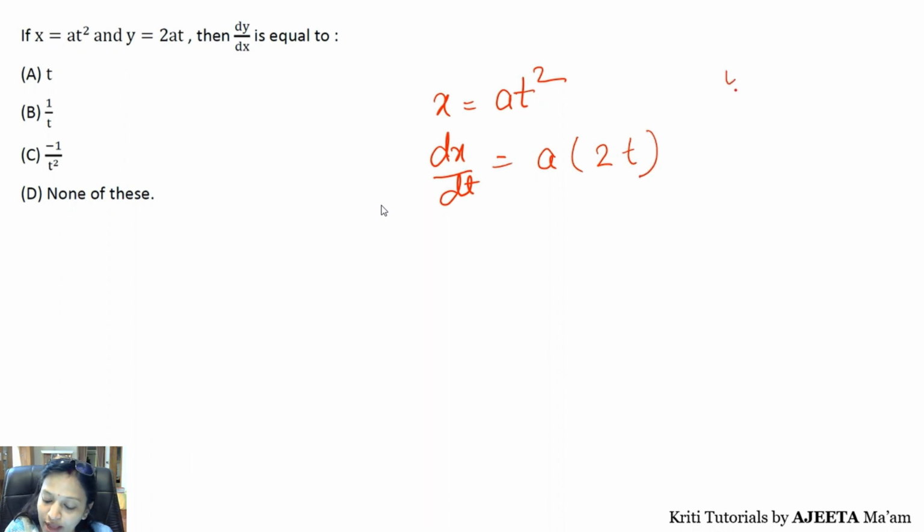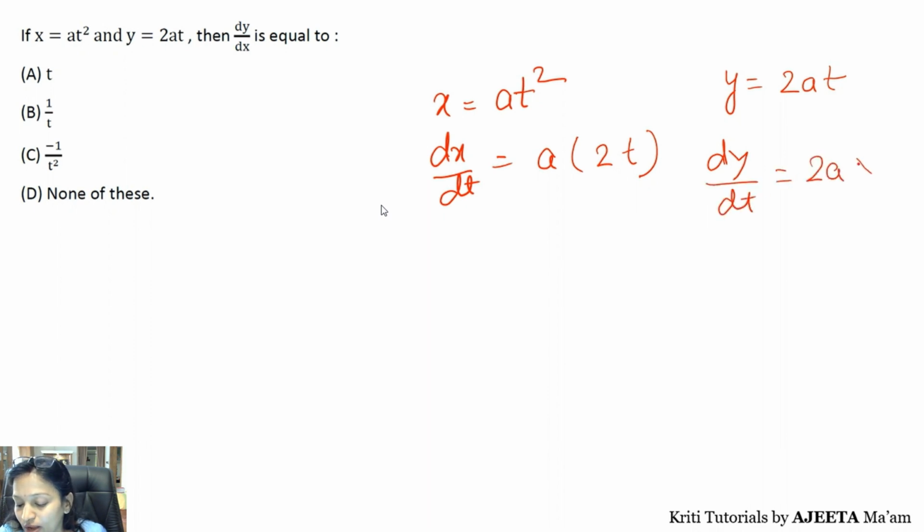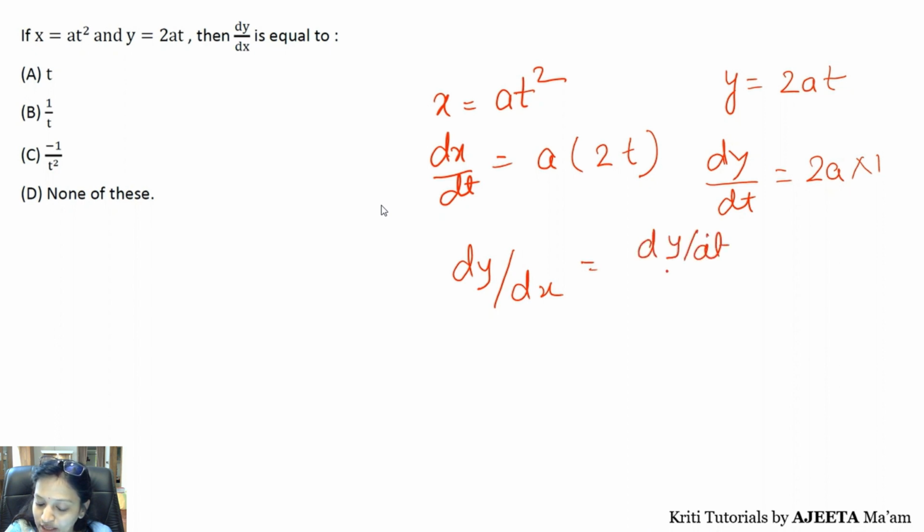Now we find for y, y is 2at. Again here 2 and a both are constant. So if we find dy by dt, what we will get? 2a, and the differentiation of t is 1 with respect to t. Now we have to find dy by dx. So dy by dx is nothing but dy by dt upon dx by dt. Right? So if you see here, dt will cancel out. So dy by dt upon dx by dt is 2a upon